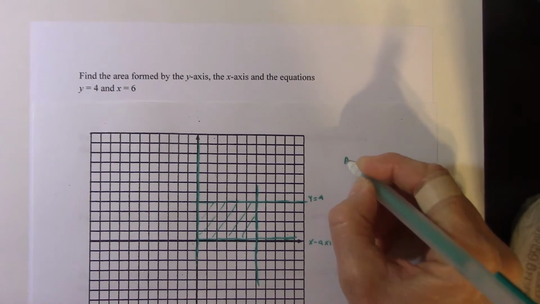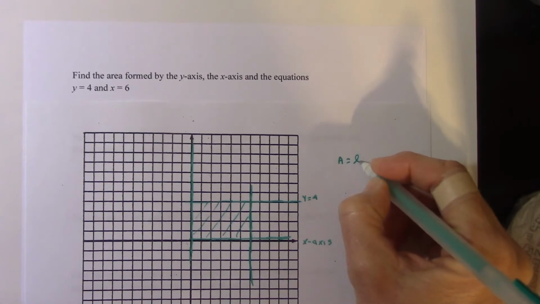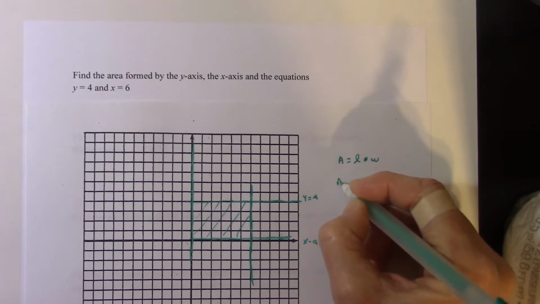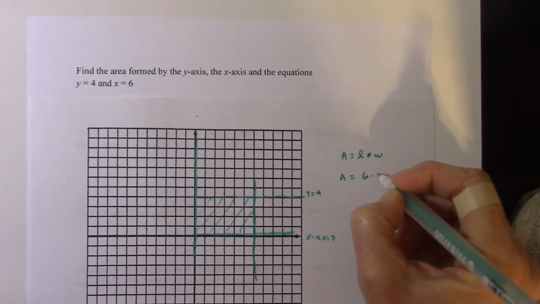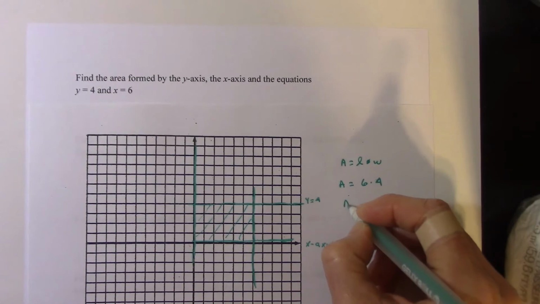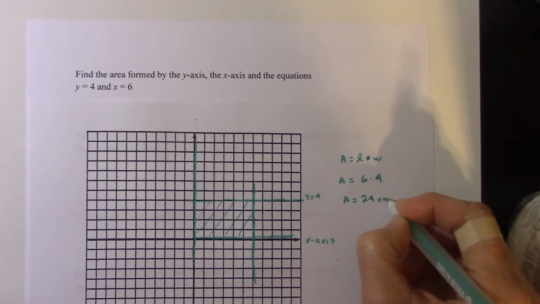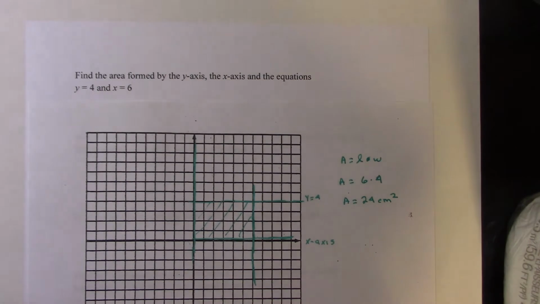And you can do it by counting. We can also do it as, let's say, length times width. So the area is, the length is 6 and the width is 4. And so our area is 24, and I'm just going to say that they're centimeters squared. Okay, so it sounded like a hard problem, but if we graph it, then we can see that it's just